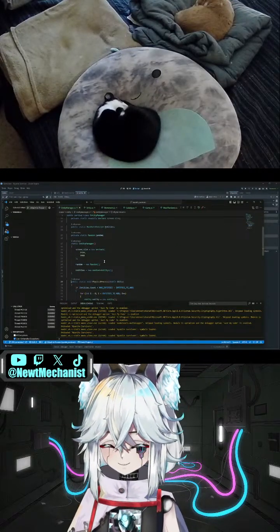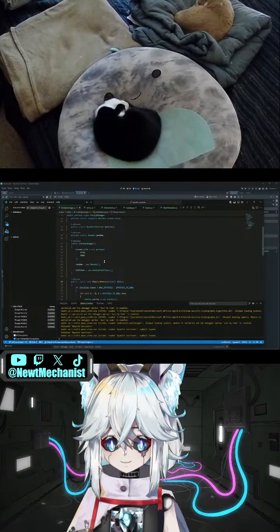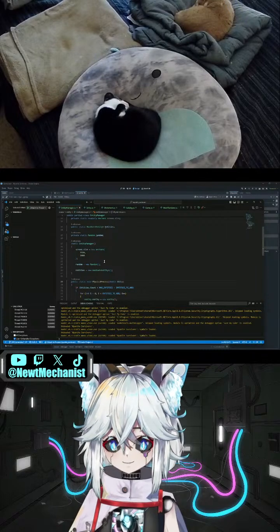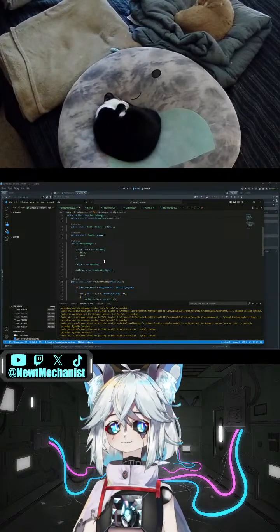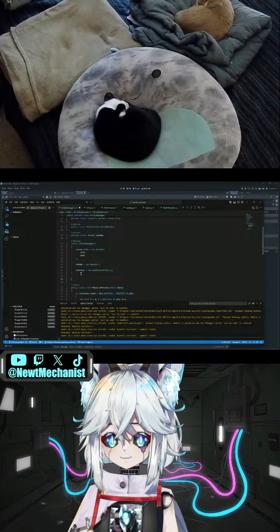This is ultimately the same thing. Feels like a hack. So we're going to have things like